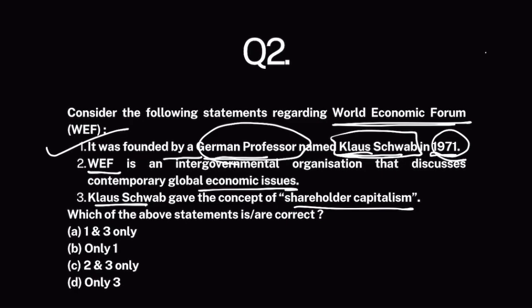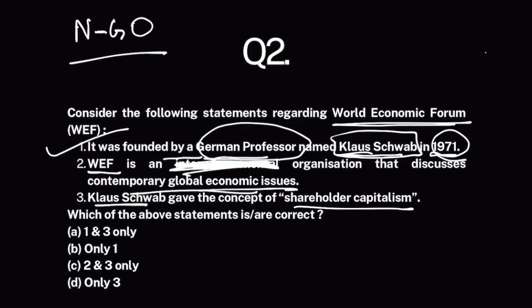So this is correct. Now remember, World Economic Forum is a non-governmental organization. Not an NGO but a global non-governmental organization which discusses contemporary global economic issues. But in this organization, not only government people are members. World Economic Forum is one such forum where people from all walks of life, business captains, economists, ministers, central bank leaders, all of them come together and discuss contemporary economic issues. It is not intergovernmental. Intergovernmental means only government officials can participate in its proceedings.